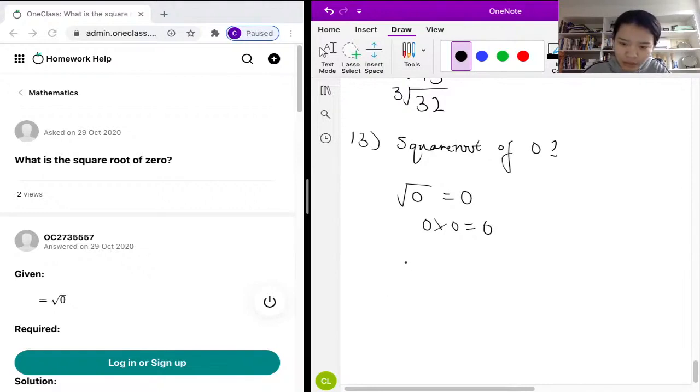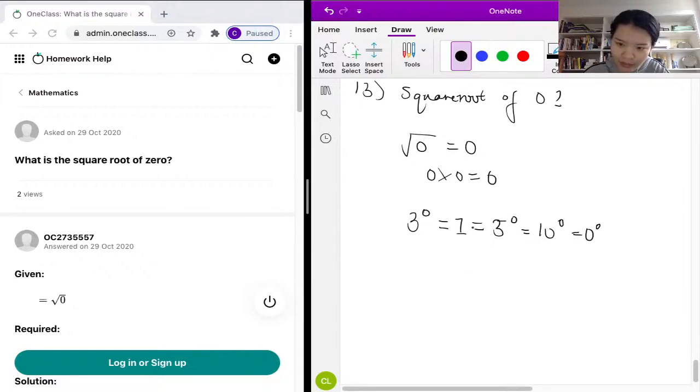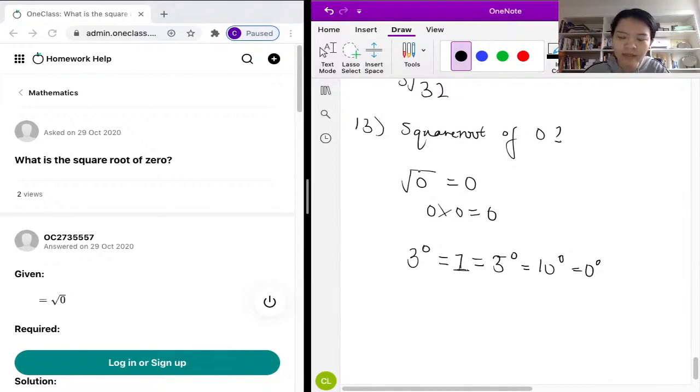However, do note that exponents are different. For example, 0 to the power of 0 is equal to 1, or 3 to the power of 0 is equal to 1, which is equal to 5 to the power of 0, equal to 10 to the power of 0, equal to 0 to the power of 0, all equal to 1. This does not equal 0. So any number to the power of 0 is equal to 1 instead of 0, but the square root of